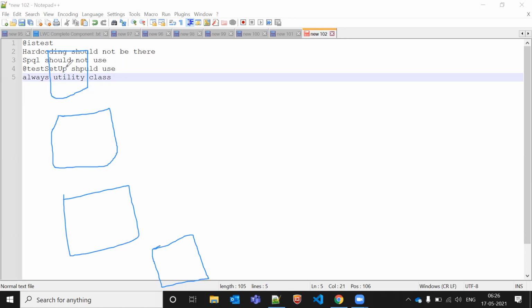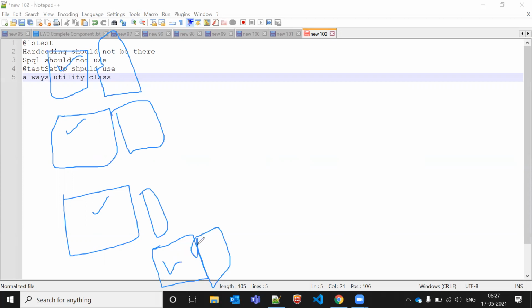In all the test classes, if I'm discussing account, I'm inserting the account records here and here. Account, contact, opportunity, I'm writing around 70 to 80 lines in this class, the same lines in this class, the same in this one. Again and again I'm increasing my number of lines, right? So why am I writing the code again and again?